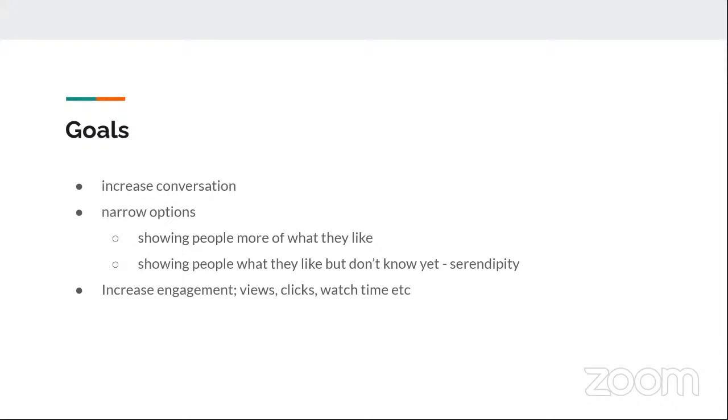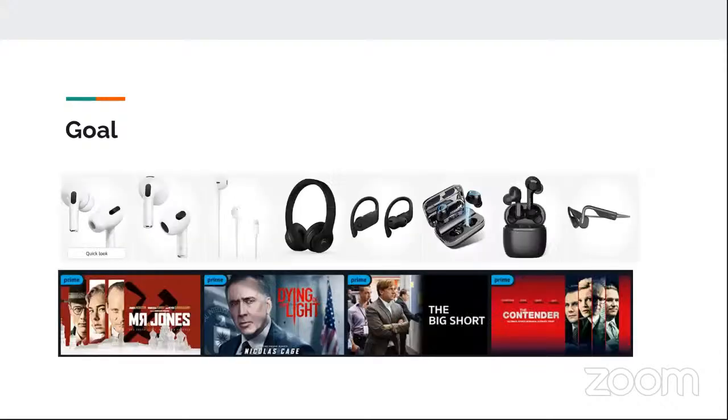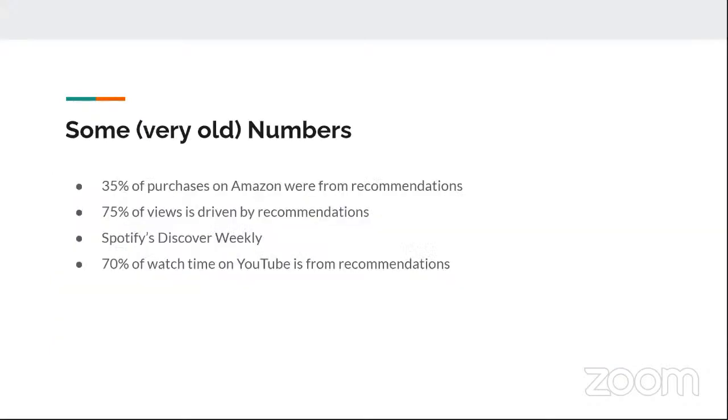That is the goal for the company, to keep you engaged, right? So those are a different set of goals for recommender systems. There are lots more, but I'll just discuss this. So we want to get to this, and then some numbers for how efficient recommender systems